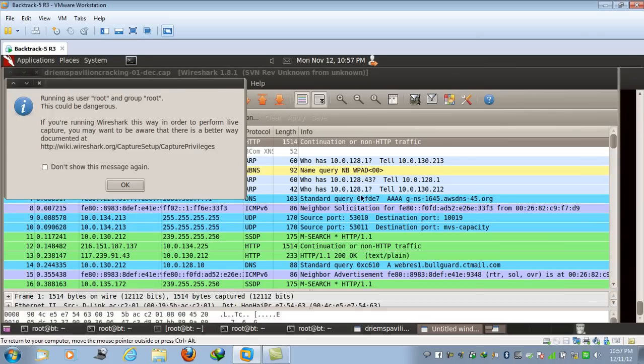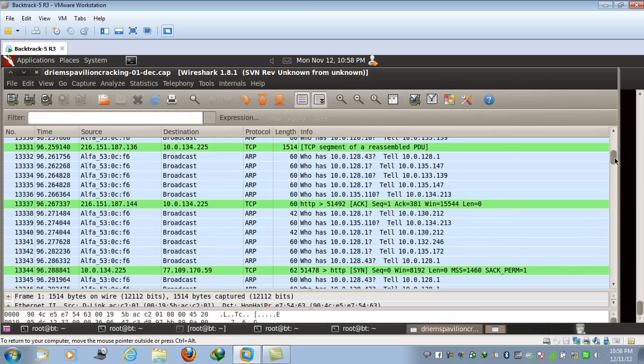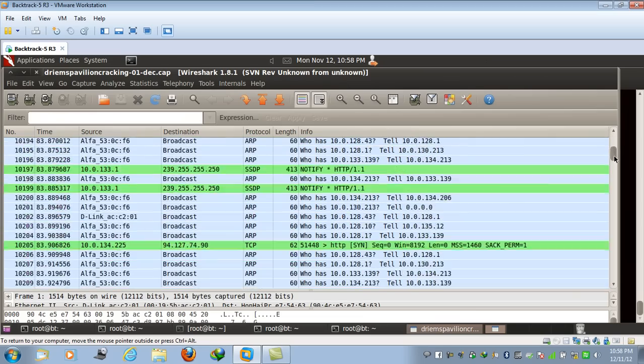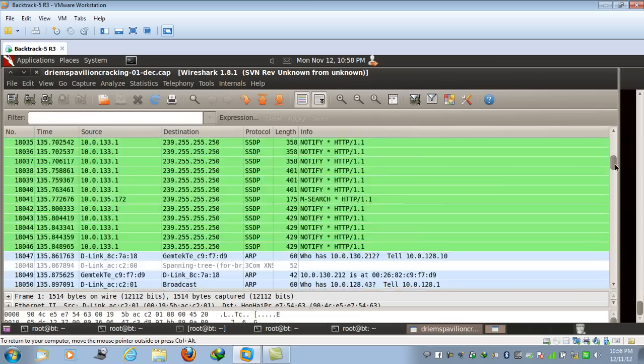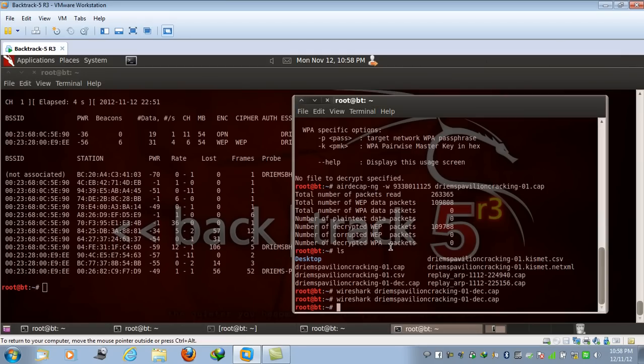If somebody has used their banking accounts, you can see the HTTP traffic. If somebody has used a Facebook account or any SSL certificate, you can see all these things in plain text. So great trouble.